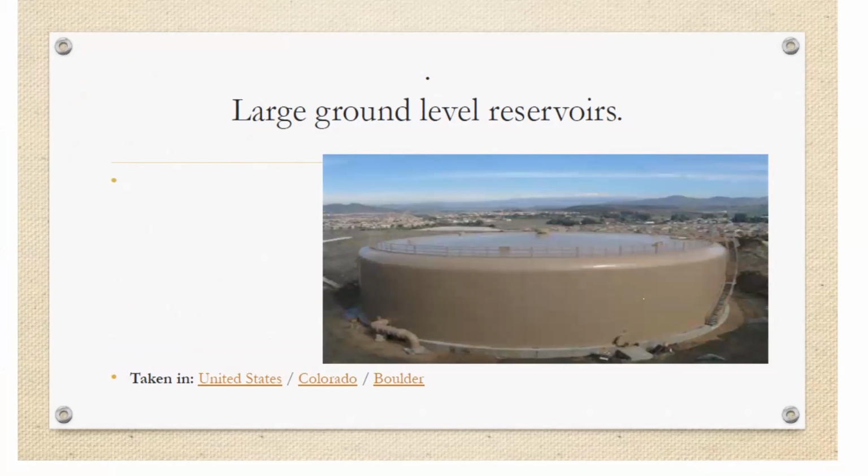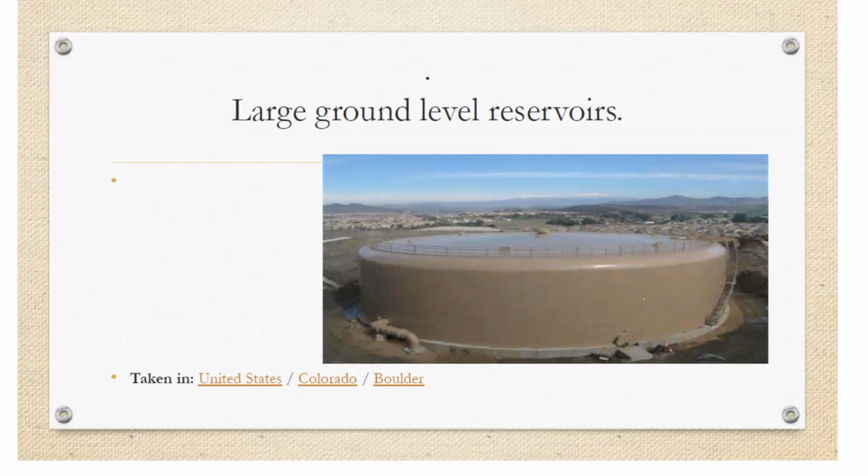If constructing underground turns out to be very costly, or it is difficult to maintain, in that case you can go for the surface storage reservoir. Okay, so it is easy to maintain. That's why we can go for the surface storage reservoir. Otherwise, the ground storage reservoir gives huge capacity to store the water.